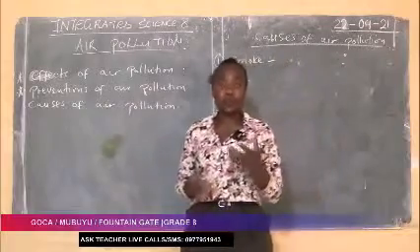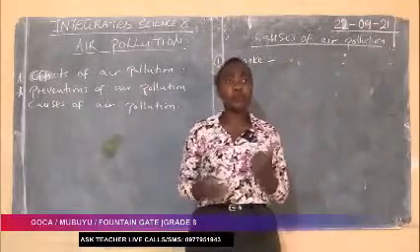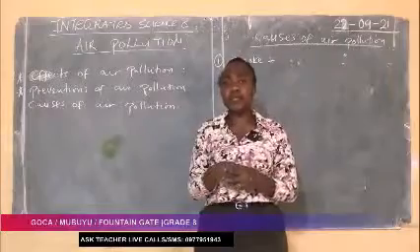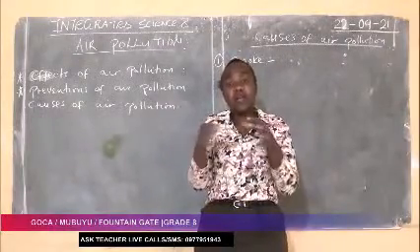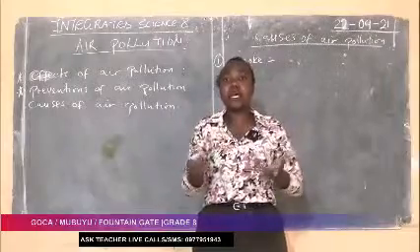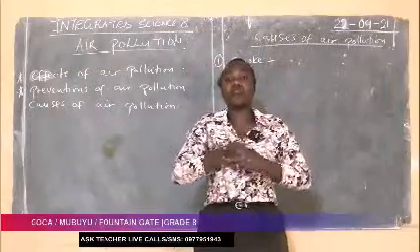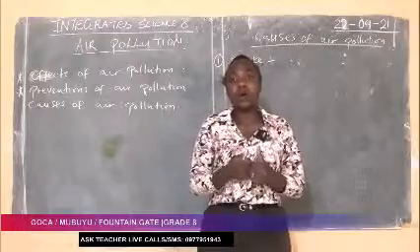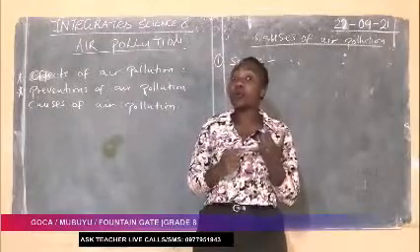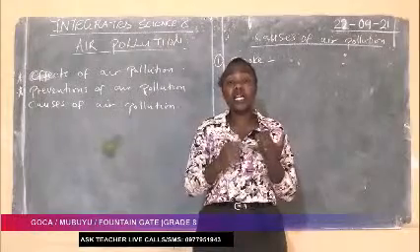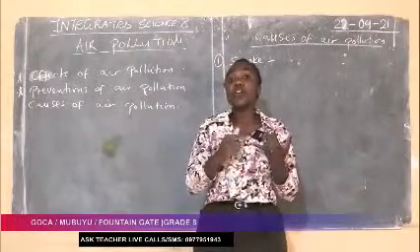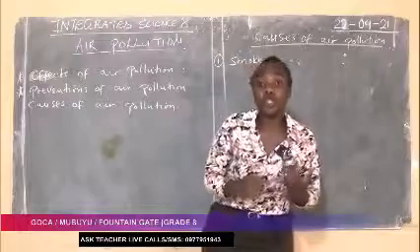If you have a bush where you stay, or maybe you've harvested some crops, then you want to burn the plant remains. Immediately after you start burning, what happens? Smoke starts coming out from the things that you have burnt. Okay, so smoke is one of the causes of air pollution. The moment you burn things, smoke will start coming out. And what have you done? You have caused air pollution.